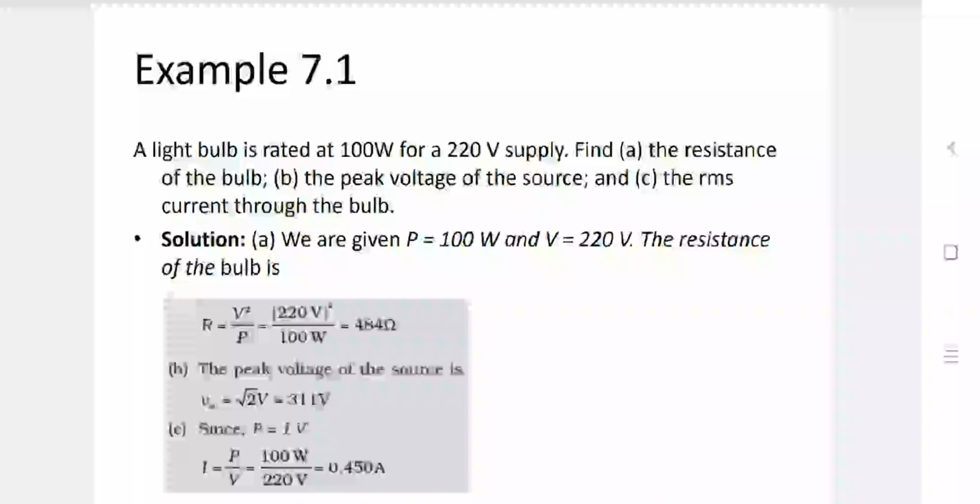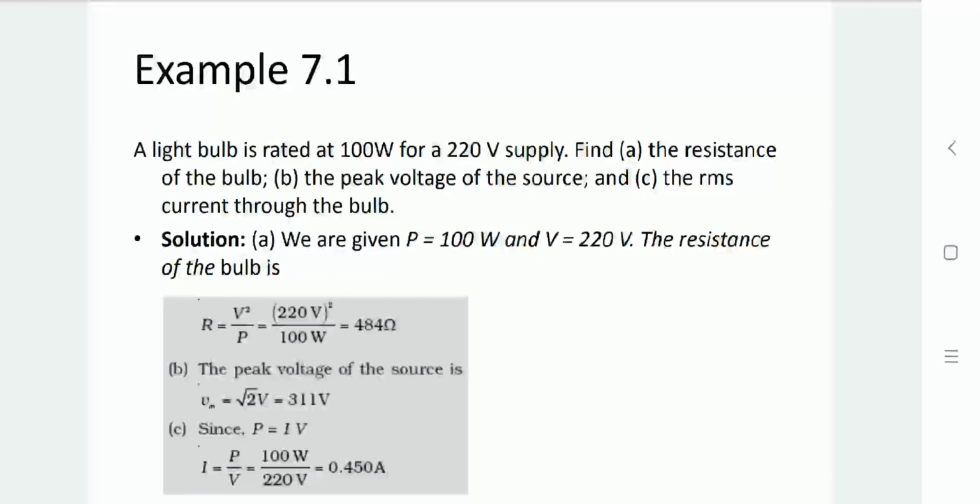So as we know the power equation, P equals I square R, or I into V, or V square by R. Any of the ways the power value can be represented. So here two quantities are given, power and voltage, and we need to determine the resistance. From these three equations, one equation has three variables: power, voltage, and resistance. That is P equals V square by R.